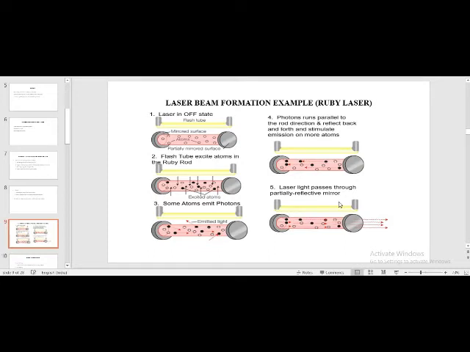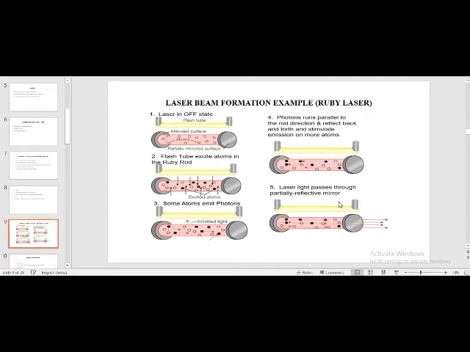Here we can see laser beam formation, for example by a ruby laser. In the first stage, the laser is in the off state and a flash tube is there to give energy to our ruby laser rod. The ruby laser has some atoms inside, and there is a mirror surface around it and a partial mirror surface too. The mirror surface is used to reflect the photons and the partial mirror surface is used to transfer the light particles